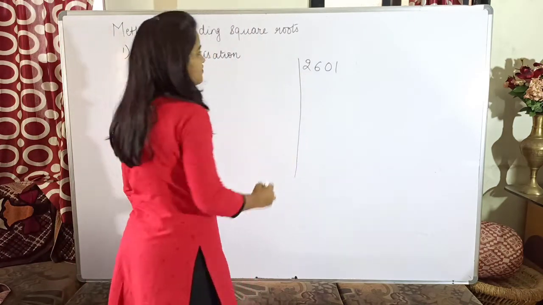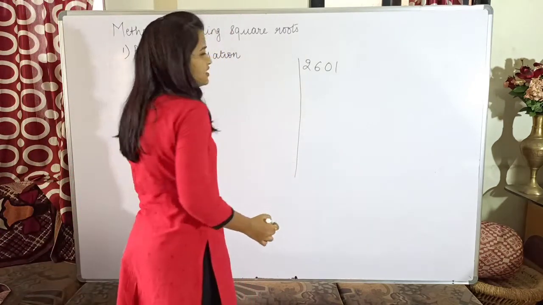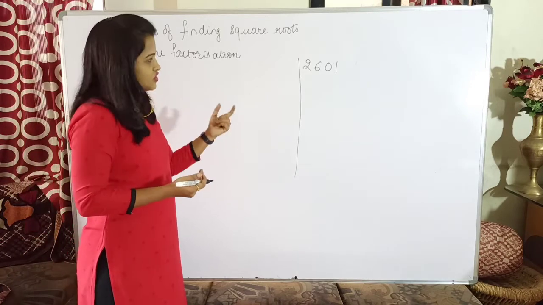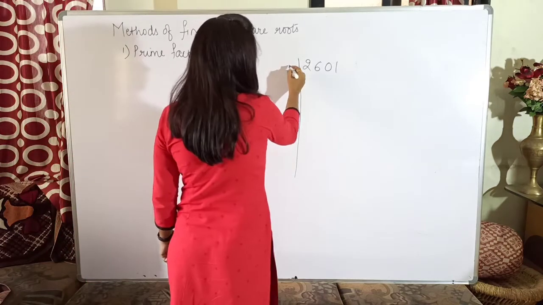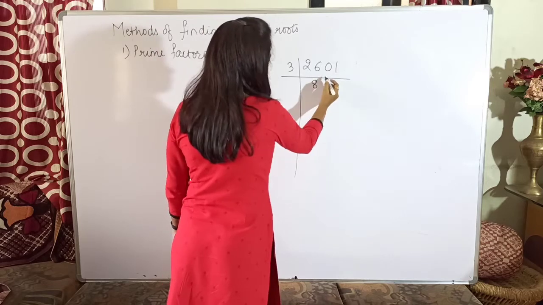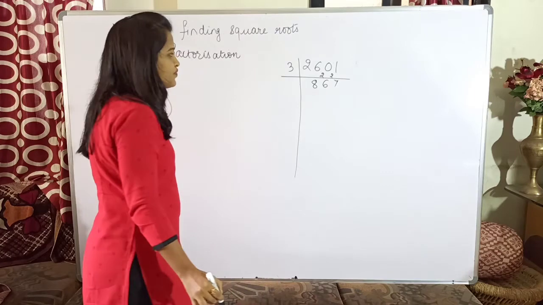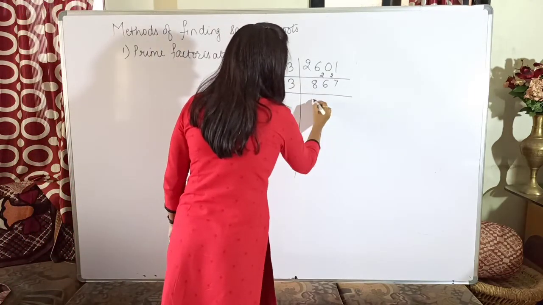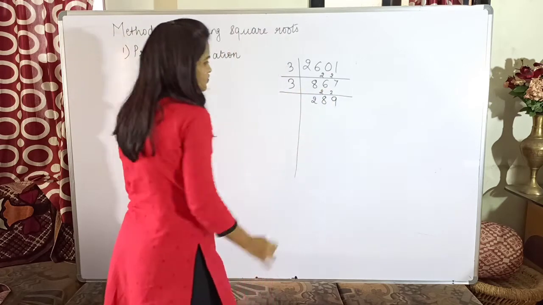Now since none of those digits is present, what is the first step? We try to divide it, starting with the lowest prime factor. Except 1, you have to start. So first with 2. Is the number divisible by 2? No. So now let us check with 3. 3 8s are 24, 3 6s are 18 and 3 7s are 21. Okay, so it is divisible by 3. Now let us check again whether it is divisible by 3. 3 2s are 6, 3 8s are 24, 3 9s are 27.